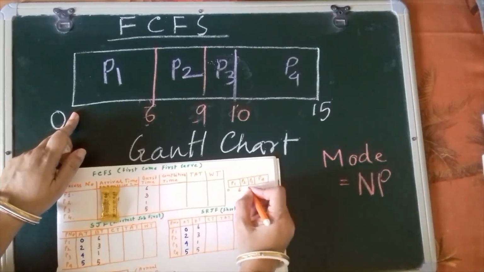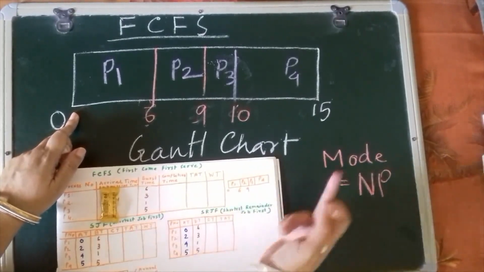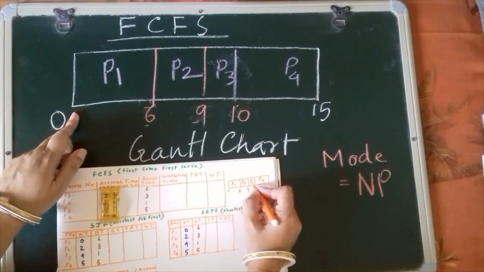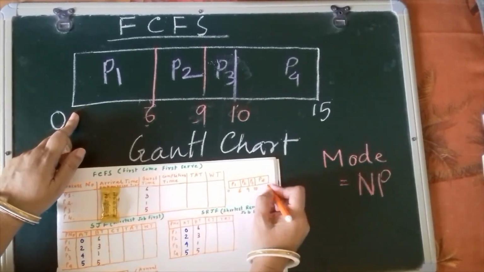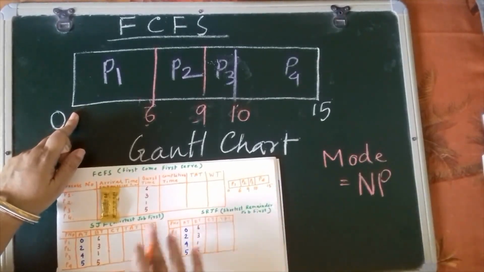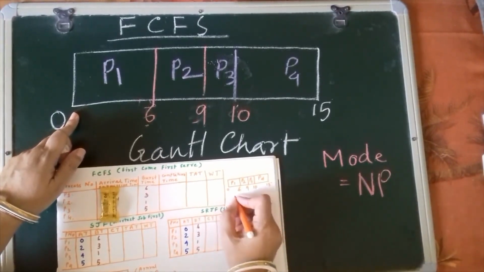So 6 plus 3, it is 9. P3 requires 1 unit of CPU time. So CPU has given 1 unit for P3. So 1 unit means 1 more unit should be added. And for P4 it is how much time? 5 units of time. P4 requires 5 units of CPU time. So your Gantt chart is